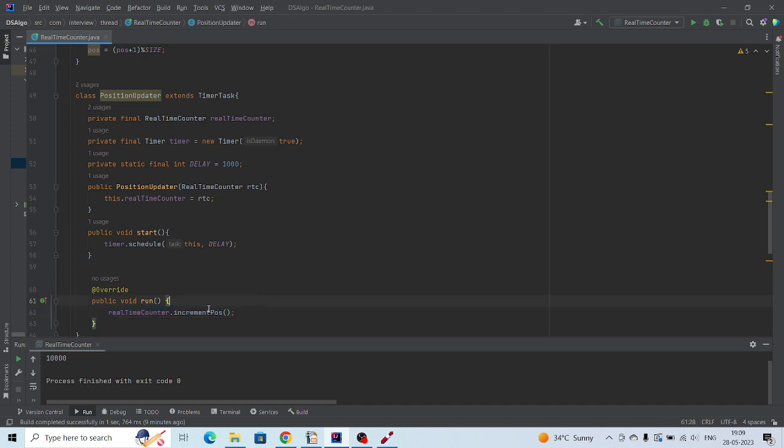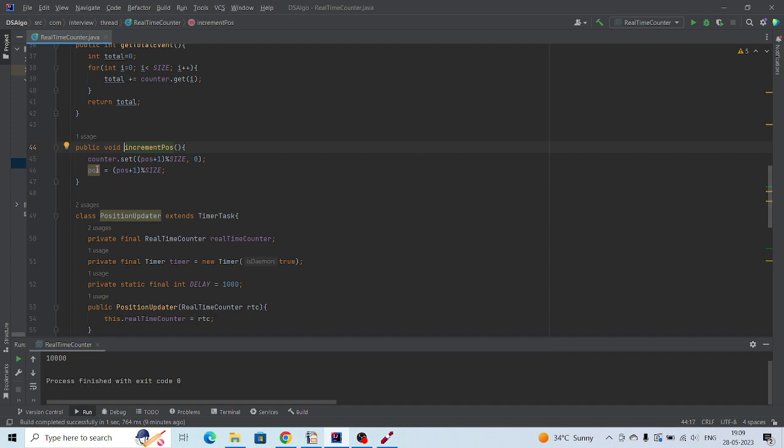Okay, it will increment your positions, meaning counter set at the current position will be initialized and incremented. So two operations are happening here. One is that if a particular event has lapsed, meaning after 5 minutes, the data from 5 minutes before should be reinitialized with 0. So with the help of this statement, I am reinitializing with 0 at the particular index and incrementing the position. Okay,